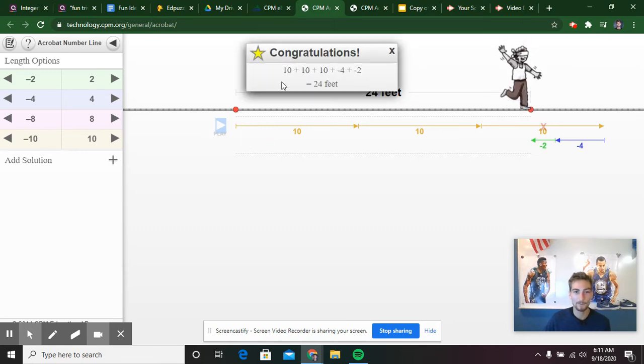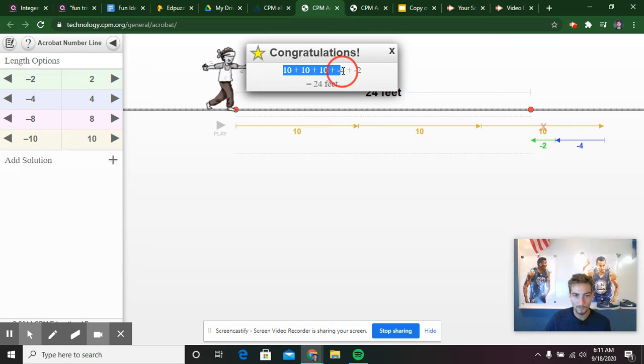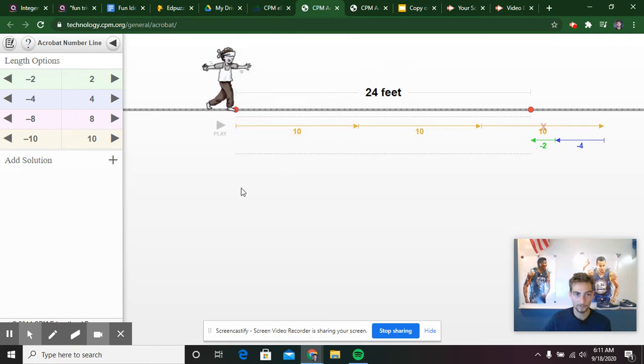So even though I only added movements, my equation here worked. 10 plus 10 plus 10 plus -4 plus -2. All right, so now we're adding negatives. What I would like you to do as you go through and use this tool is write down each of your equations that work, and draw diagrams for them. And so, for example, in this case here,